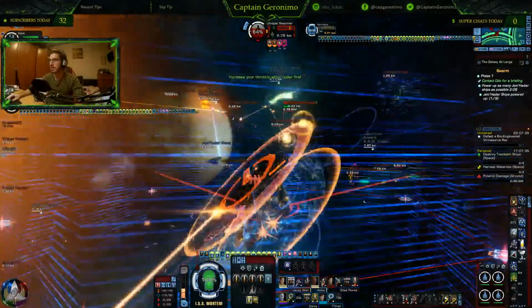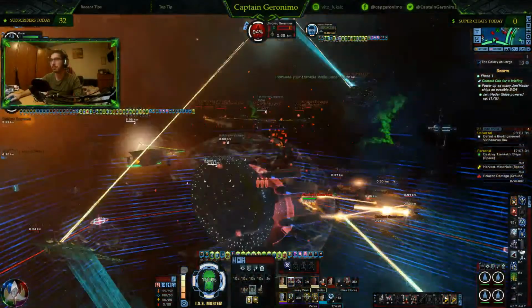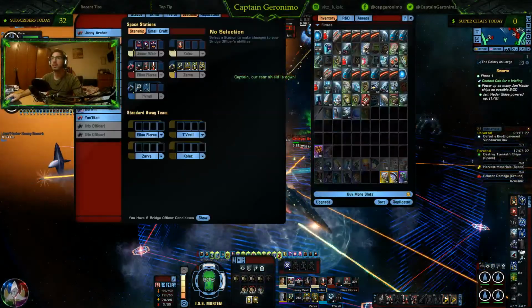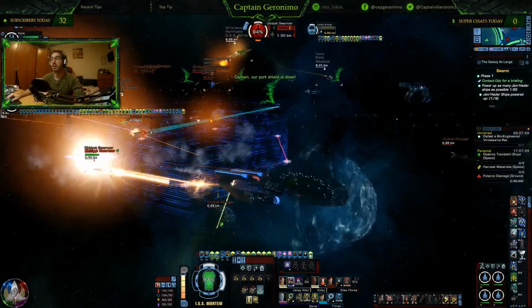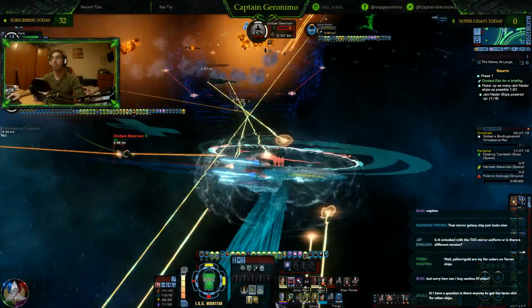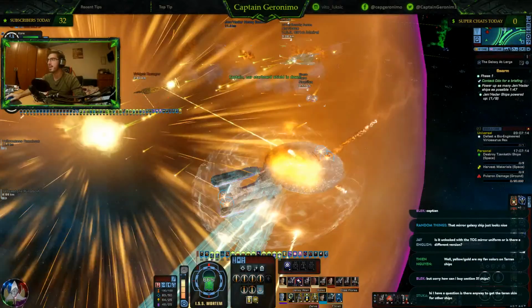But I was talking in the private member stream, which was held the other day. I love this ability. Give me just a second. The ability is called Call Emergency Artillery. It's going to call in 3 Defiant class starships that are going to perform a bombardment. But the problem I have with it is...